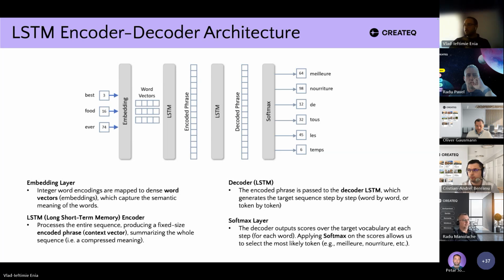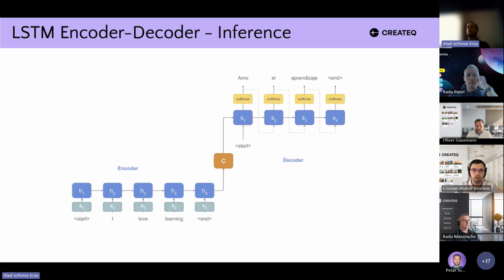that the output requires. So if we have a closer look at the architecture, we have here the encoder. Just like a recurrent neural network, we process each word individually, but we keep the output of the previous time step. So at time step 1, we have the start embedding. At time step 2, we have the first word and the output from the previous time step, and so on and so forth until the end. This will give us the context vector here, which is fixed size, which we give as input to the decoder.